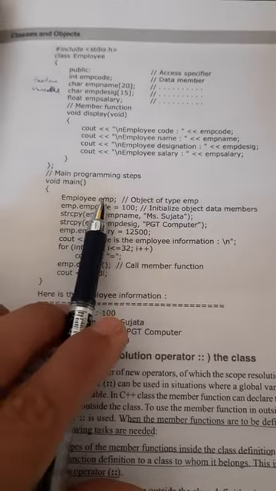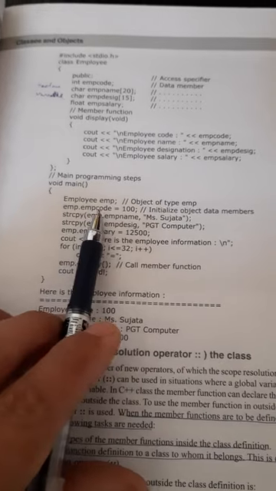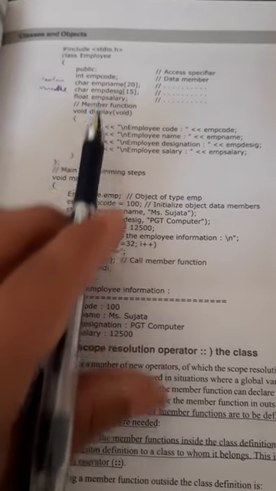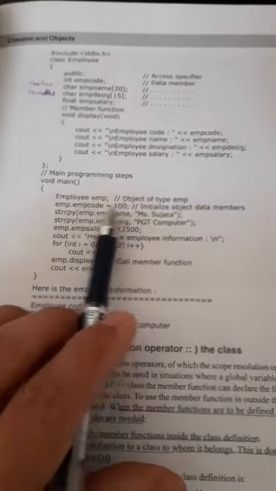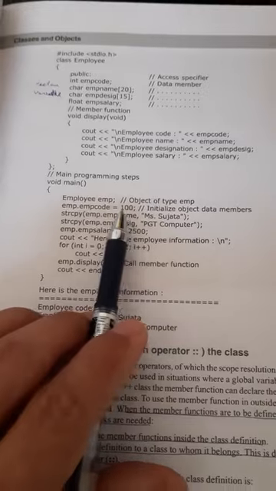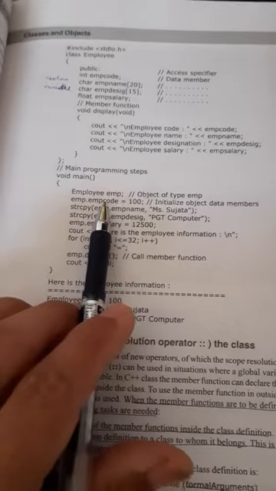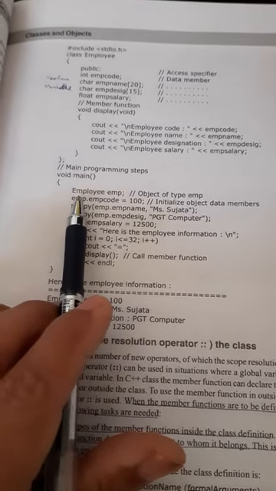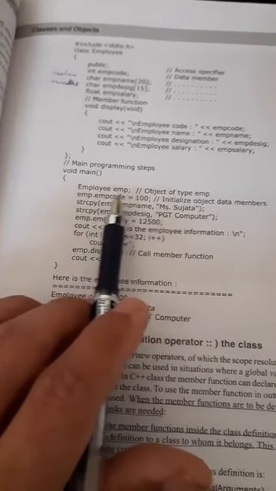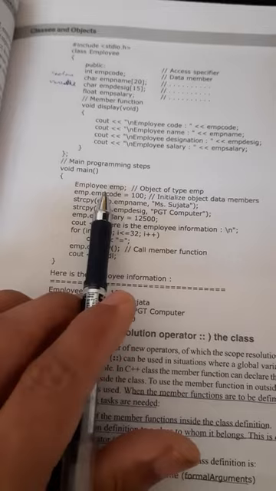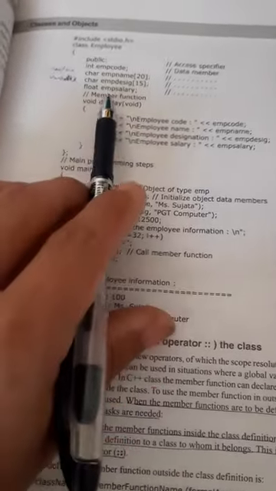So how do you access these data members? Using the dot operator, that is emp.code. You can see the similarity: emp.code equals 100. Here you are assigning the value 100 to this variable. Only when you declare the object is memory space allocated in emp.code to store the value 100. Similarly, in order to access the member functions,